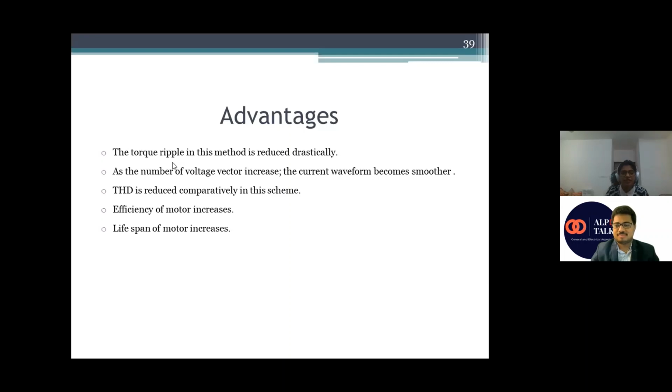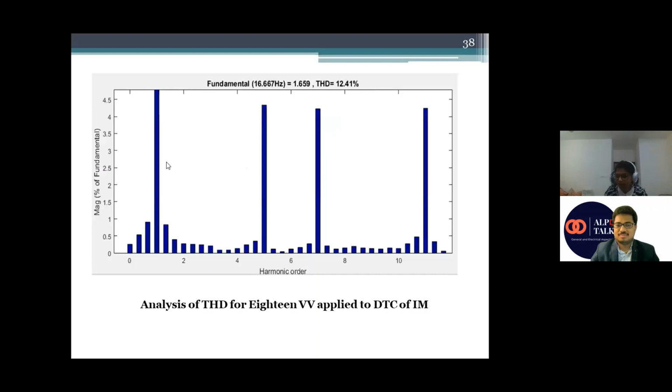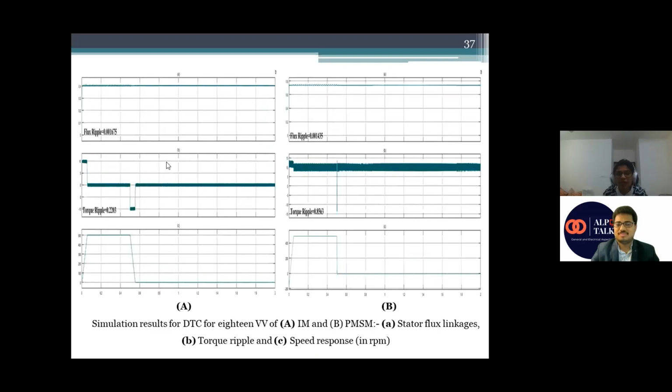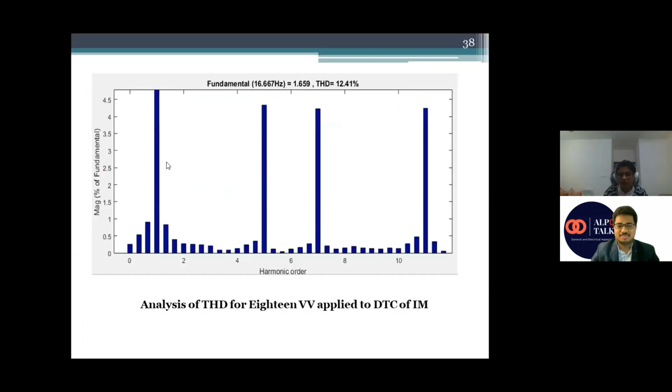And you can implement much more things. I have made more number of vectors. Why am I saying more number of vectors is useful? Though it is not easy to implement, by increasing the number of vectors you can see the ripple and the smoothness in the waveform. If there is smoothness in the flux, it means smoothness in the current waveform also. That's why we can see the decrement in the THD. And if I increase more number of vectors, that THD will reduce much more,